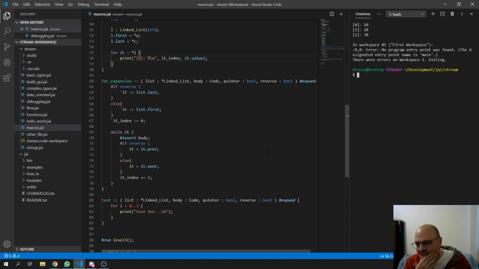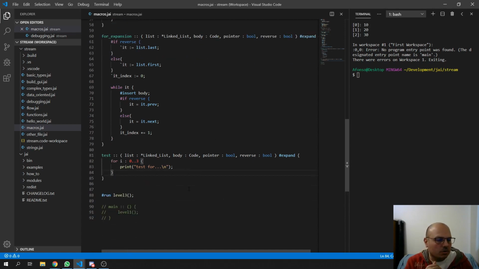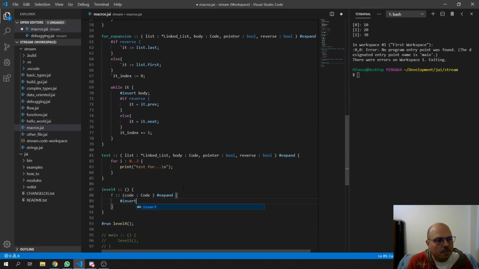Okay. And now the last thing I wanted to explain here is just that, again, let's go level 4. So let's say that you want to have a macro that receives some code, okay? So you can just go, my code is code, and this is a macro. Again, this stuff with the code I think only works in macro stuff. And basically here what you're saying is insert in the scope of where you're being called. So something that you want to do here, you need to go like this, insert internal. So you can do something like this, and then you can go, for example, f print hello,